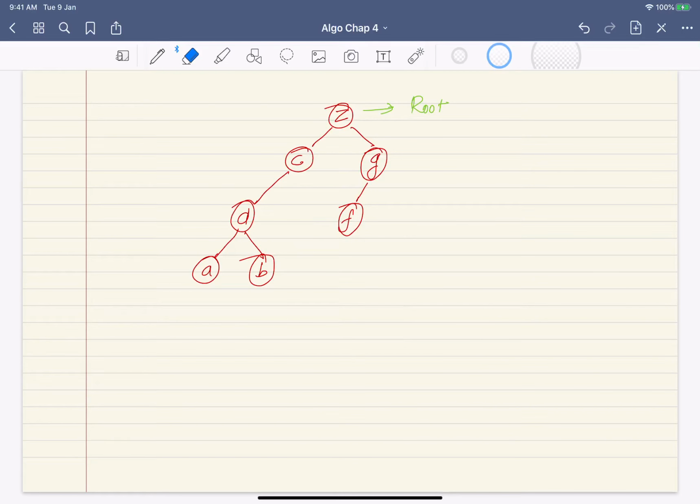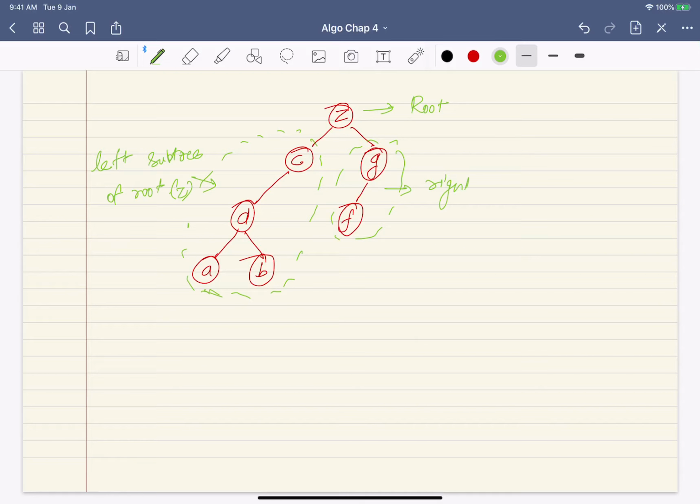Z is the root of this tree, and all of the elements can be partitioned into two sets, left and right, with respect to the root. So this is the left subtree of root Z, and this is the right subtree of root Z. Each of these is a binary tree.